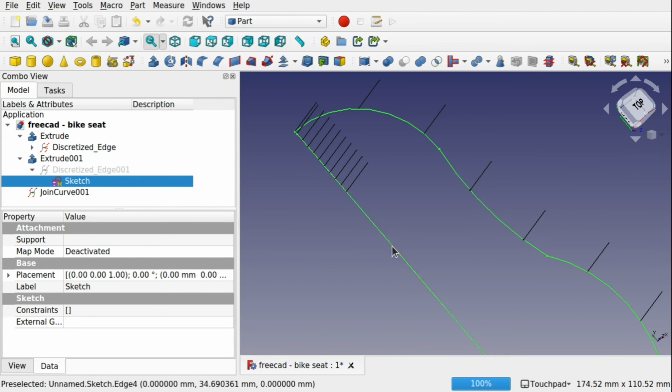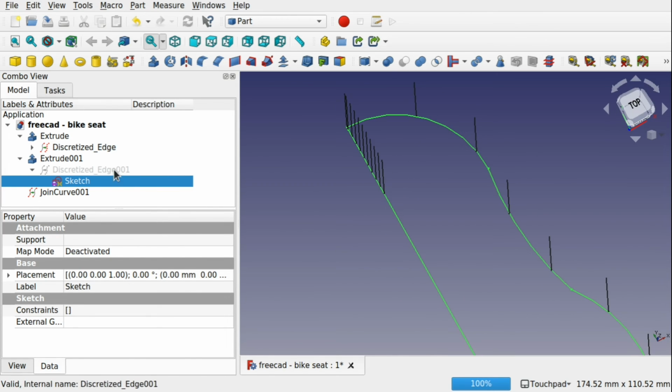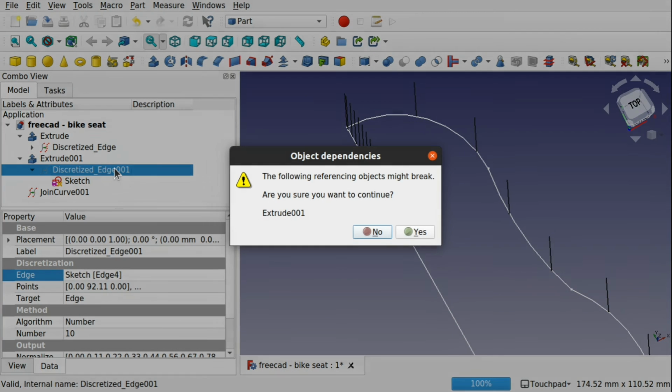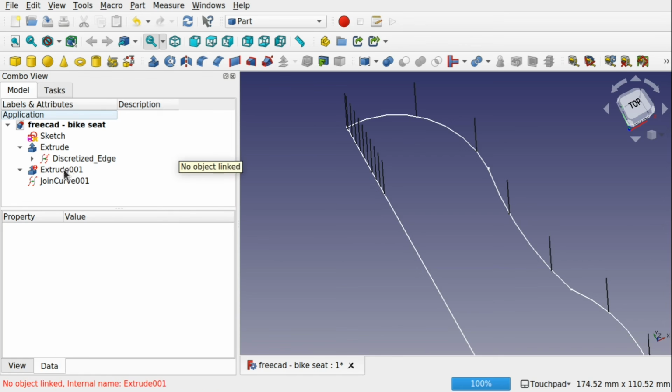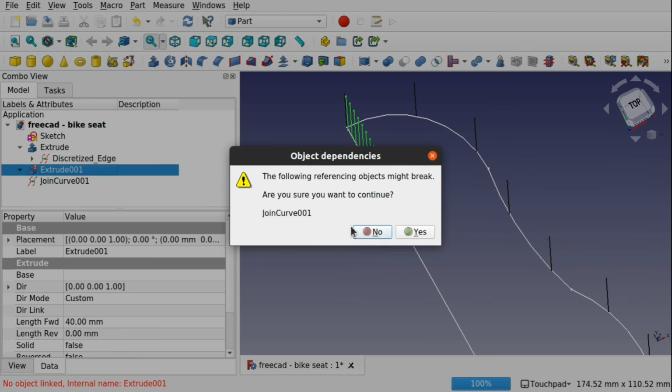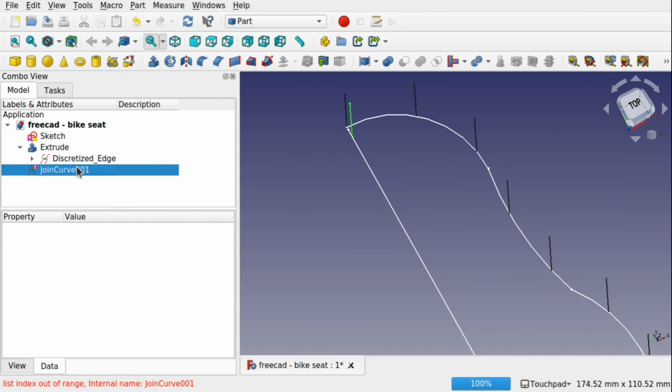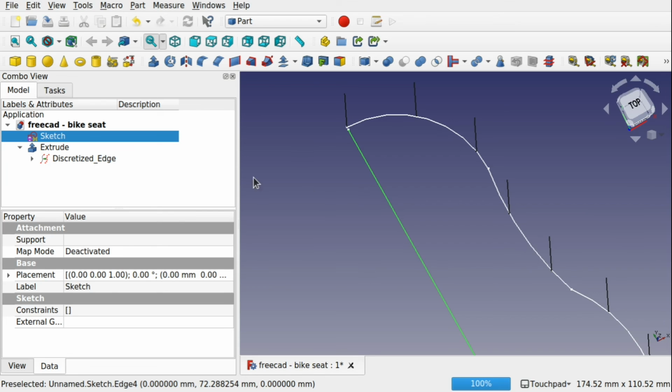So it looks like we may have to redo this discretize. So let's get rid of that discretize. It's going to kill the extrude, which is fine. Let's get rid of the extrude. It's going to kill the join curve. Let's get rid of that join curve, and now we can click that edge, just that edge, and we need to